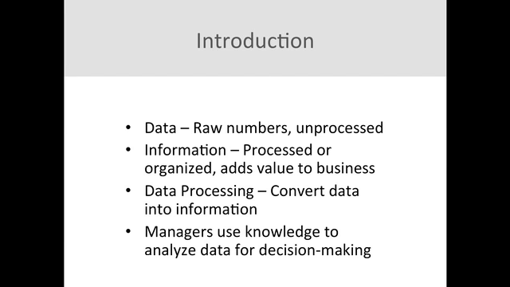And first, we just want to start off by discussing what data is. Basically, data is raw numbers, unprocessed, and what we're trying to do is use data processing, which converts data into information, to get that data from just raw, unprocessed to information which is processed and provides some kind of value to the business. The way of doing that again is through data processing, and that's converting data into information. That's taking data inputs and converting them into some type of information, which is data that is essentially different from the inputs. So different outputs from your inputs.